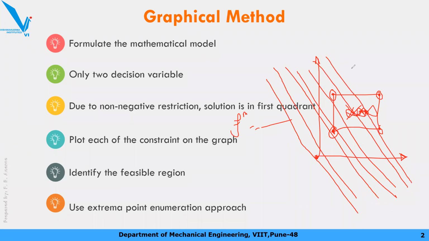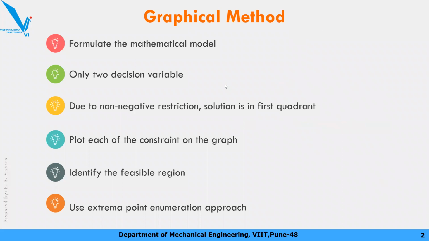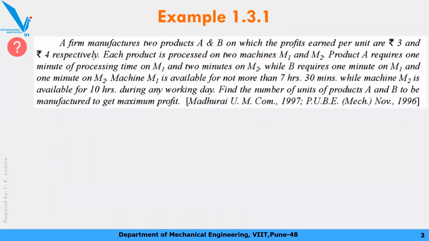Okay, and it has been observed that the best possible outcome or optimum answer is always at corner points, extreme points of the feasible region. Okay, so we are not going to go into the details of derivation. Just remember this: your answer will be at corner points of the feasible region. Okay, let's have a better understanding of this method by solving one small numerical.